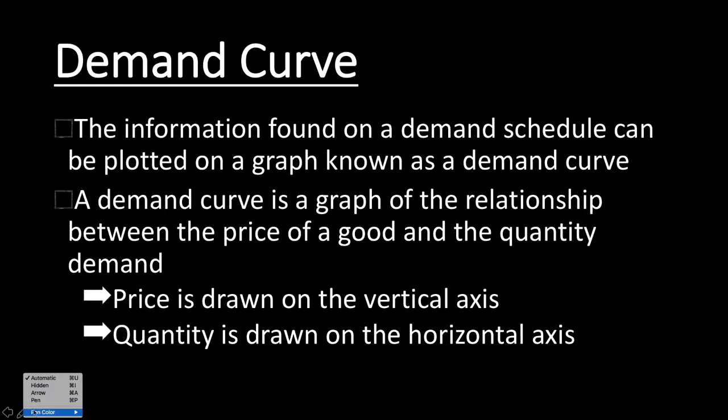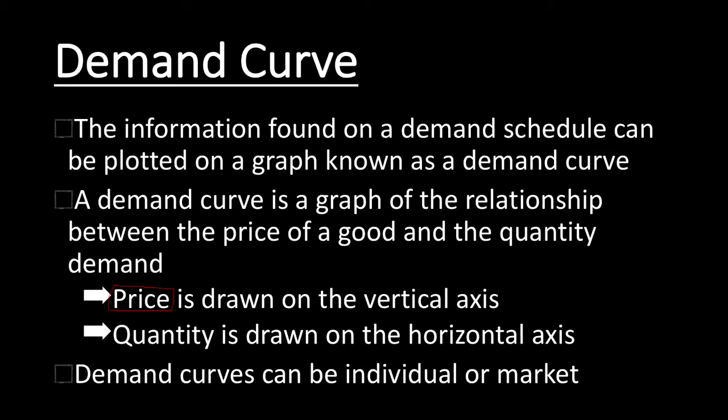Now, this is kind of a little bit tricky for kids. Price is actually the independent variable. So traditionally, when you graph the independent variable, you graph it on the horizontal axis. In economics, price is the independent variable, so price determines quantity demanded, not the other way around. However, price is drawn on the vertical axis. This happened as kind of a historical accident. I'll give you a little bit more information about why it's drawn this way in class.